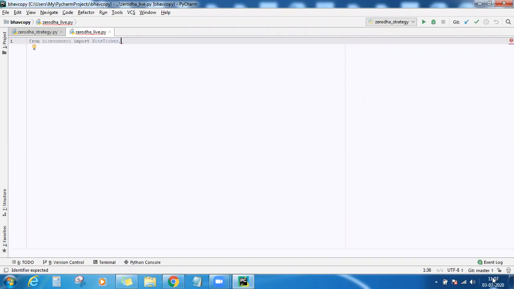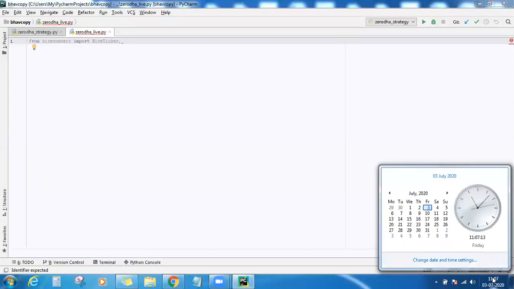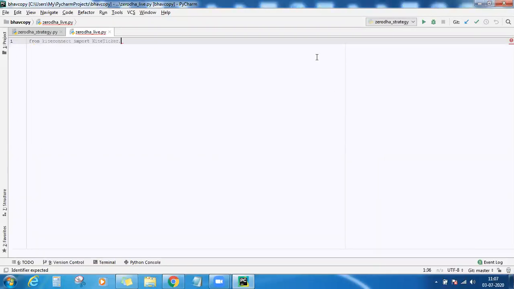Historical data doesn't mean that it is 1 month old or 1 year old. Let's say right now the time is 11:07:15. Until 11 o'clock, if you consider the 5-minute candle, until 11:05, the candle will be considered as historical only. Right now, whatever LTP is there, that is the live data. Prior to that, whatever data is there will be considered as historical. In terms of any broker's or data vendor's API, historical data means whichever data is not current.